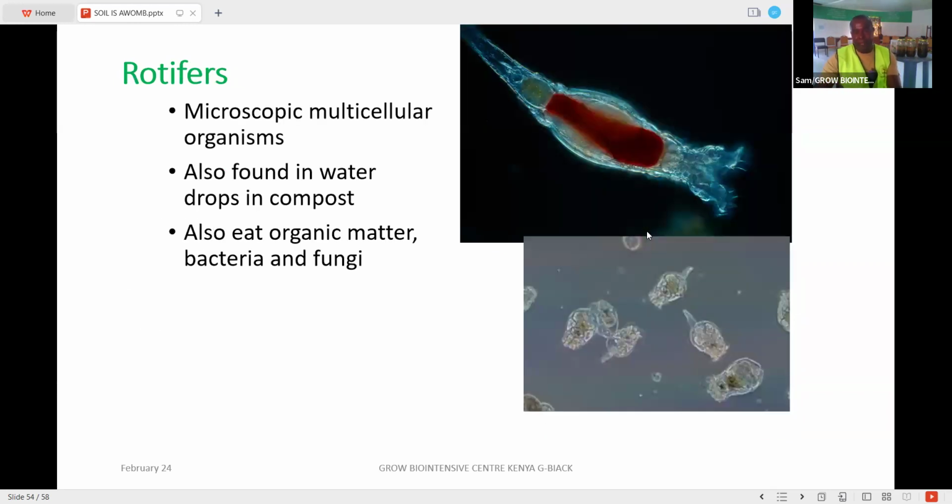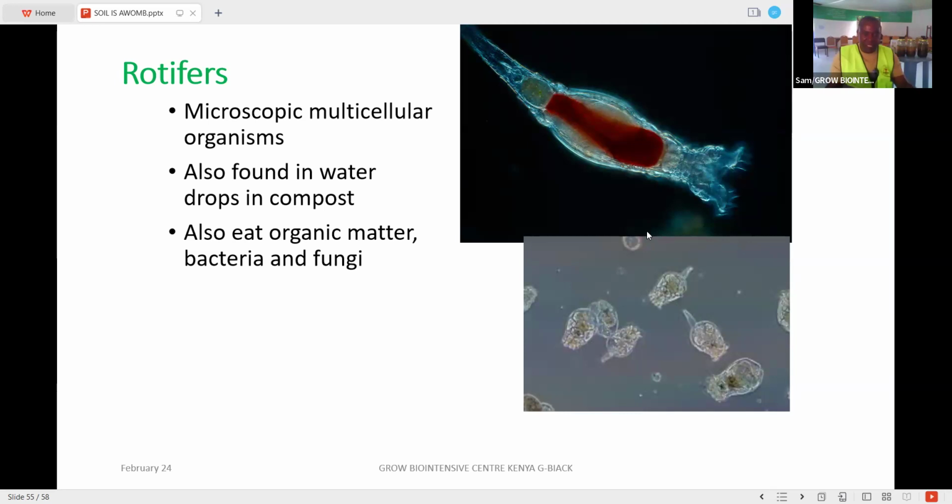So that's their work. And then finally, we have the rotifiers. They are very microscopic. They are also found in water, in those water droplets. They also feed on organic matter and bacteria. So when the decomposition has come to an end and the compost has been cured, you are not supposed to